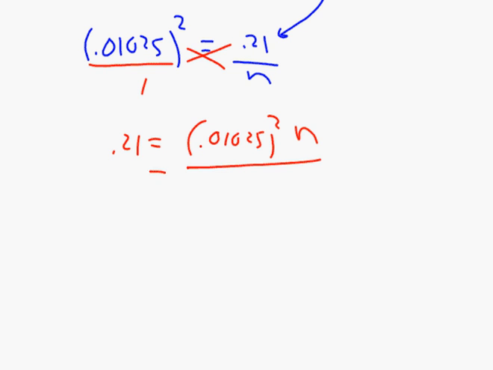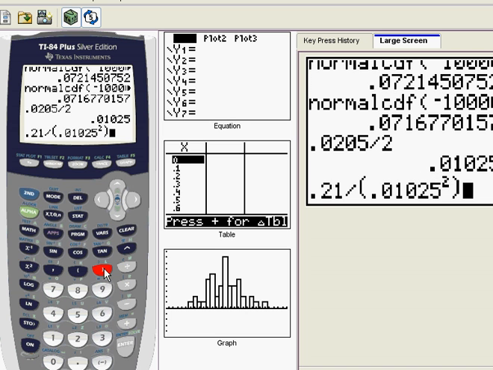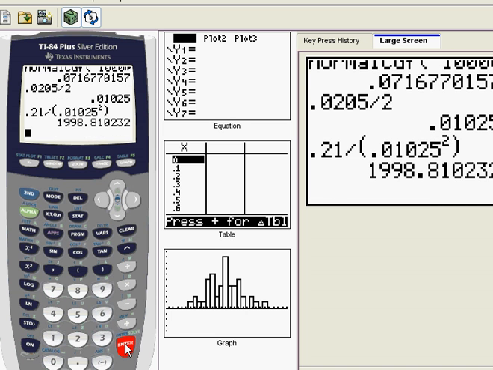And then lastly, I have to divide by 0.01025 squared on both sides, and that's going to give me n. All right, let's go type this in the calculator and see what we get. So we get 0.21 divided by, open parenthesis, 0.01025 squared, close parenthesis, enter, and we get